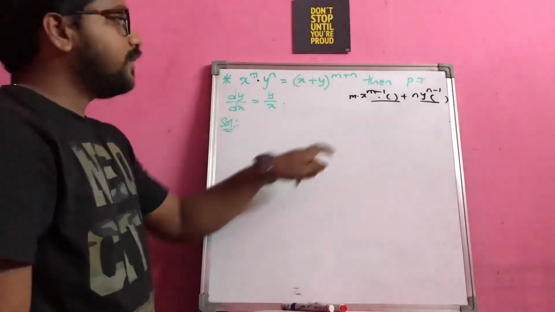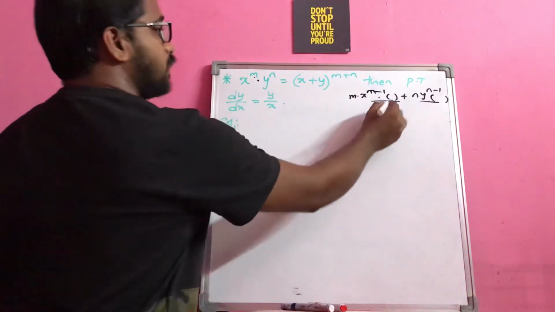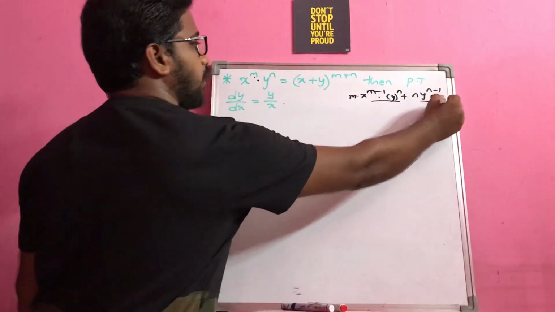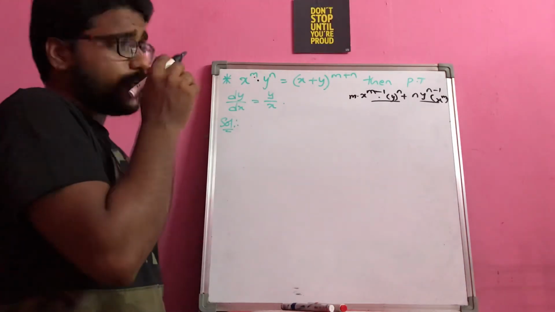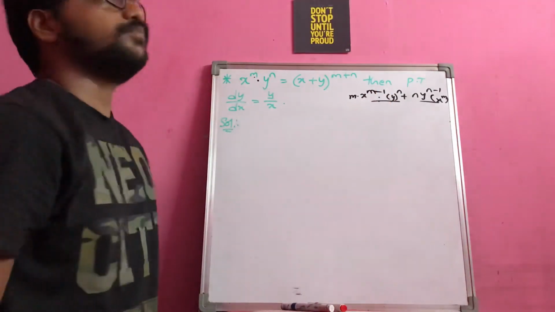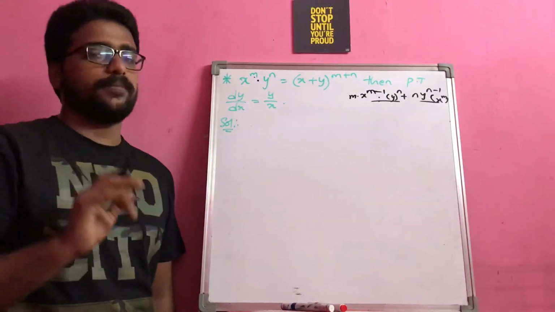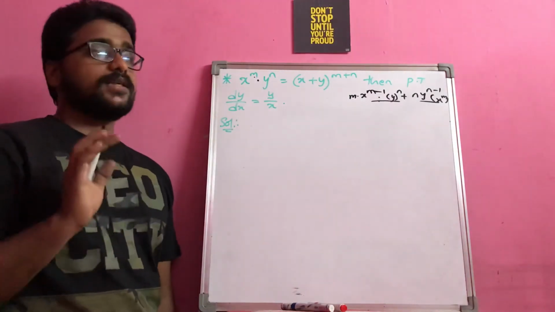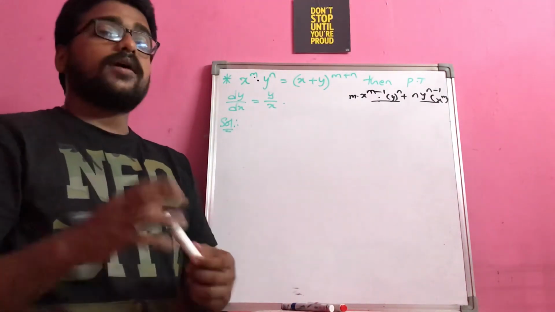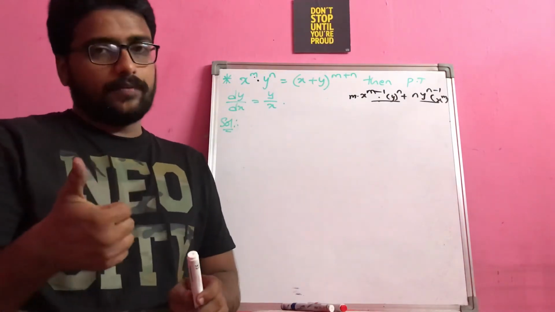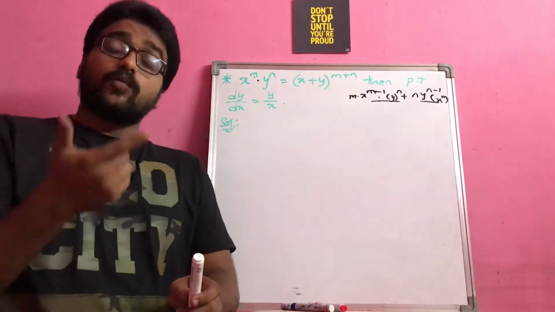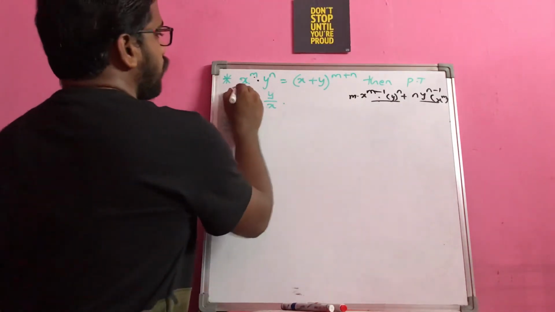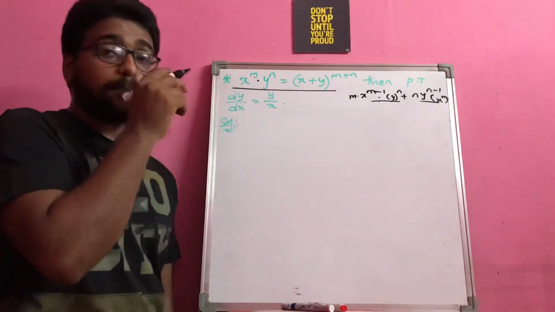Why? Because this is x power m minus 1. Next term will be y power n, that will remain as it is. And here the other term will be x power m. So what actually happens here, you don't have any scope of further simplification, right? That is the first thing. Second thing, what else can we do for this type of questions? See, we learned from the starting that logarithm can be applied whenever you are having a power, that is radicals, or whenever you are having a power function. So this is another reason for applying logarithm for these questions, because you are having the power here.